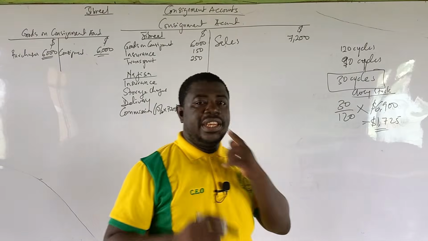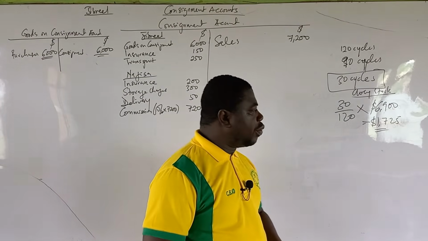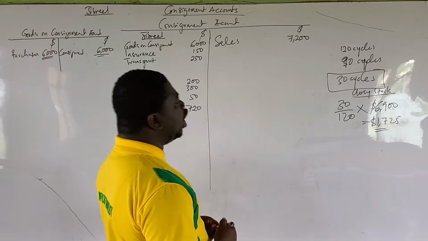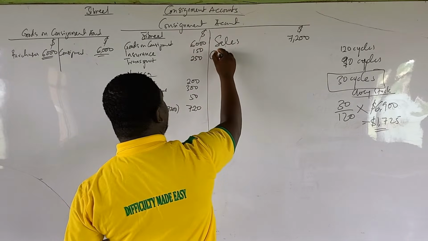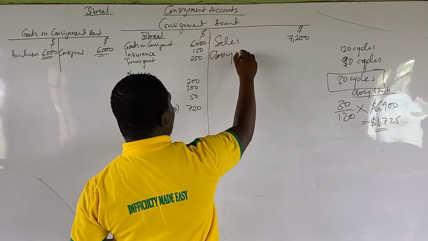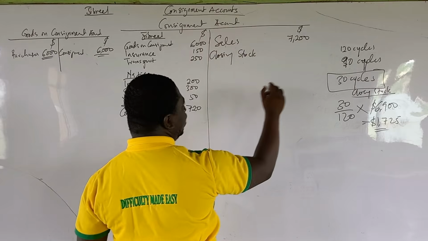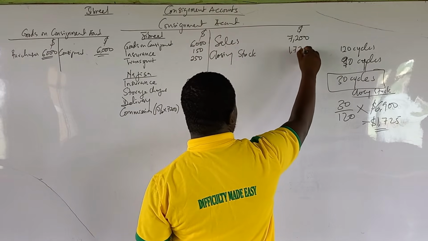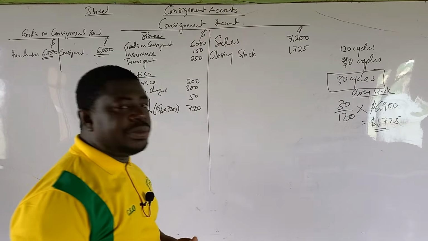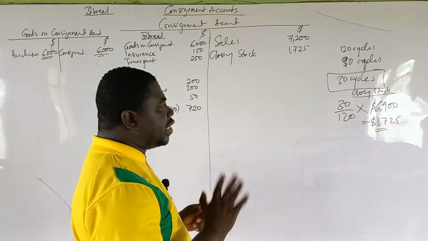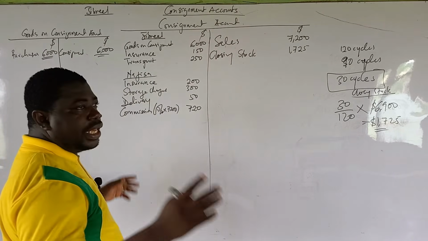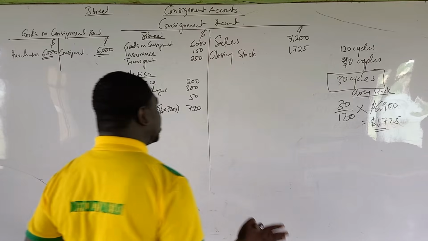Now that we have the value of closing stock to be 1,725, we are going to record it here on the credit side of the consignment account where we have the sales. 1,725. And the question I know you'll be asking is why? And the reason is simple. You see, in the accrual concept, we match